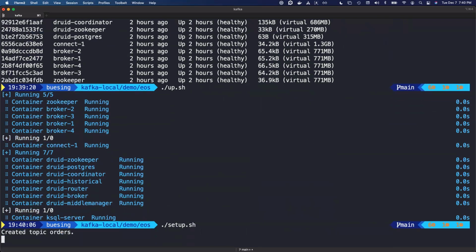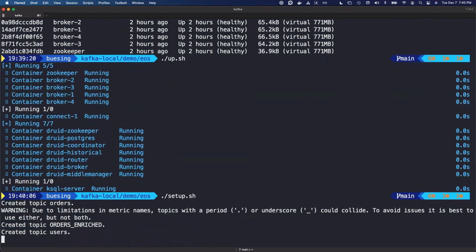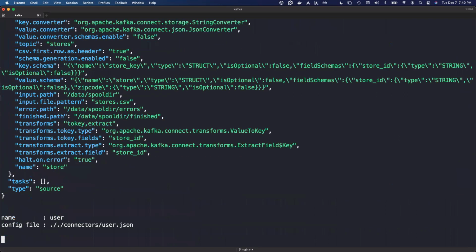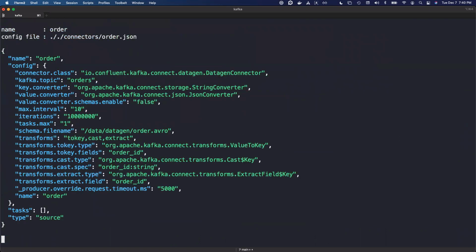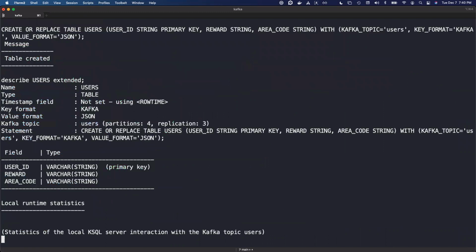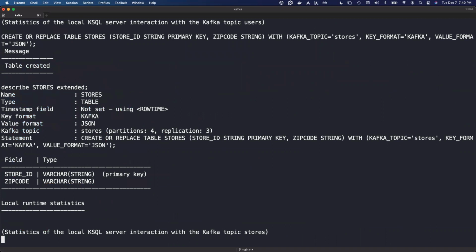So I'm going to create the topics, and it's important to do that because you want the partitioning correct. You don't want auto creation. It's been through a lot of those connectors. So the connectors are configuration driven. So the data gen, and I'm going to show them a little bit. Then the two